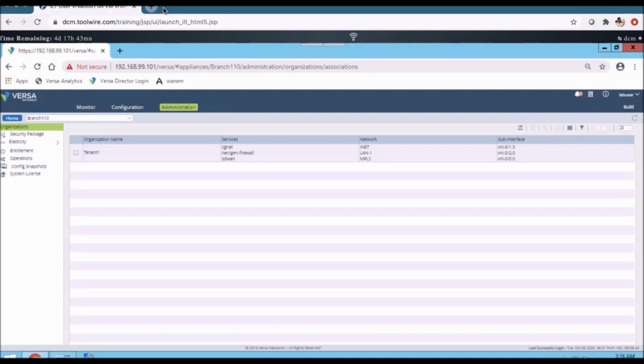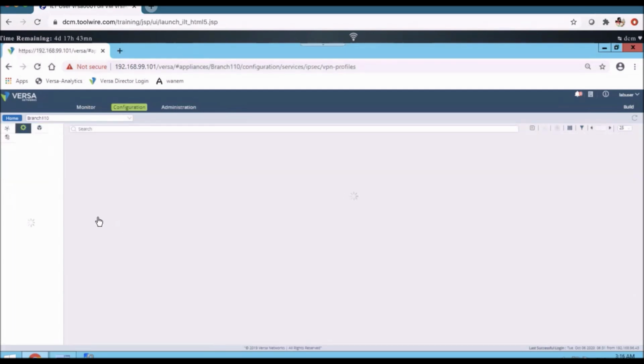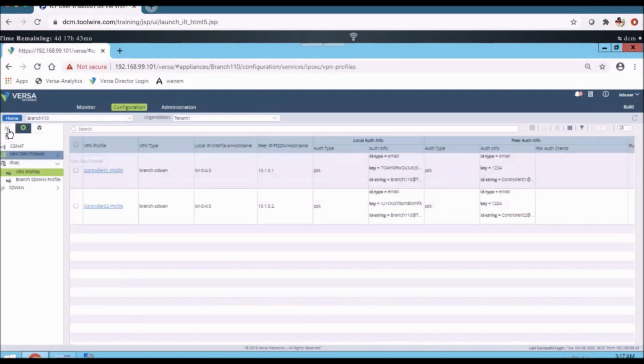I'm going to branch 110. Let's try to make some changes and verify whether we are able to get this change or not.